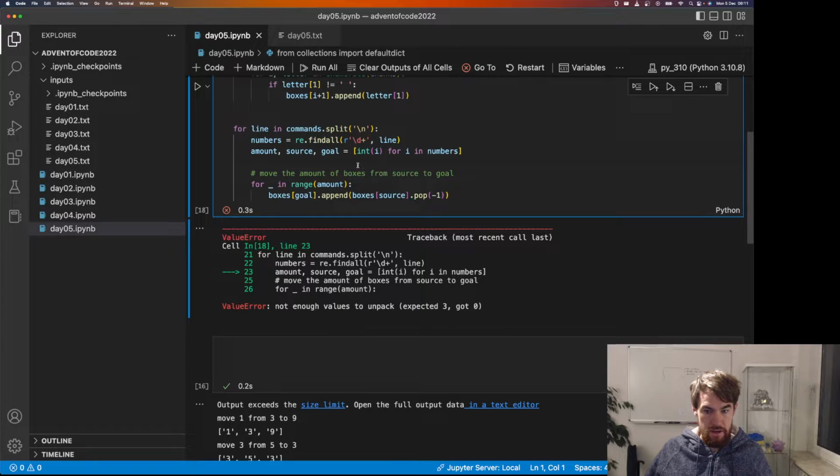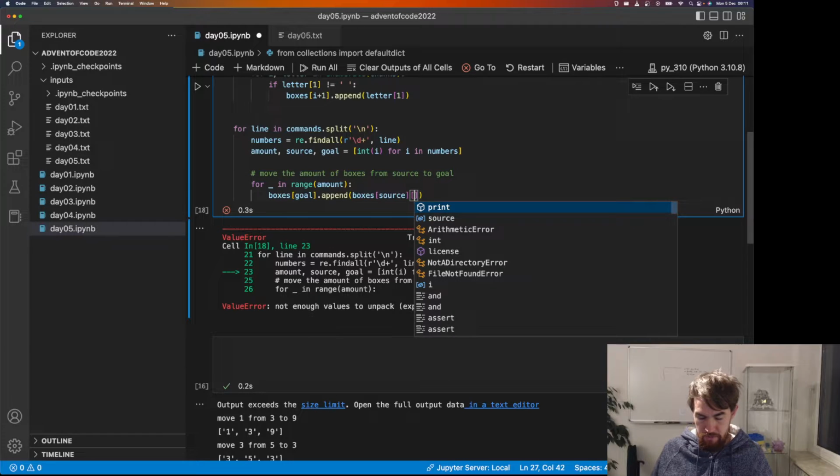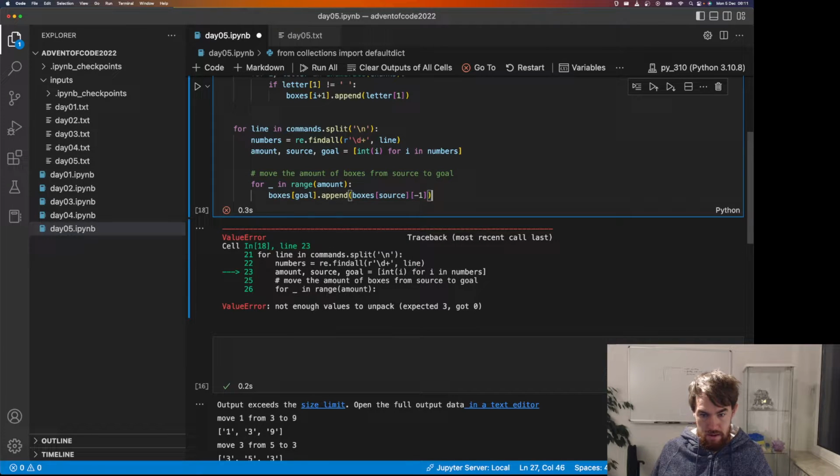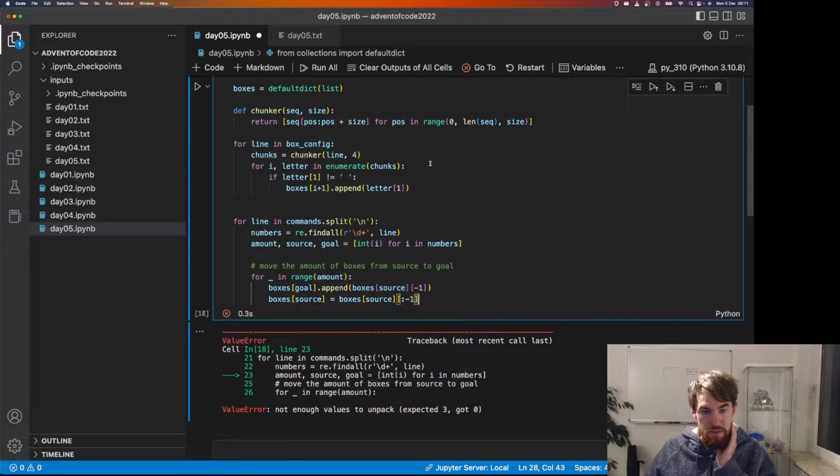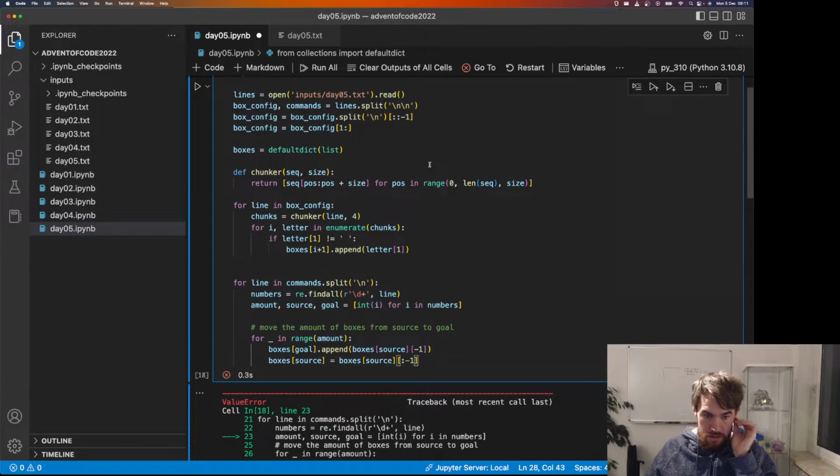So actually I think in this case, boxes source, let's just do it very ugly. So we add the last one, boxes source is boxes source to -1. Oh, and the question is